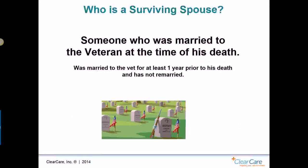of nurses in nursing homes marrying the dying World War I veterans to get their benefits. And the VA had to say, oh, no, we don't think so. You have to have lived with him for at least 1 year prior to his death. And then the third requirement is that you cannot have remarried. Now, that requirement did not go into existence until November 1st of 1990, and it can be very tricky if